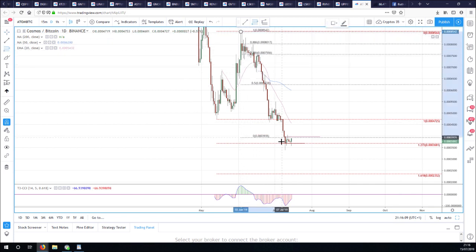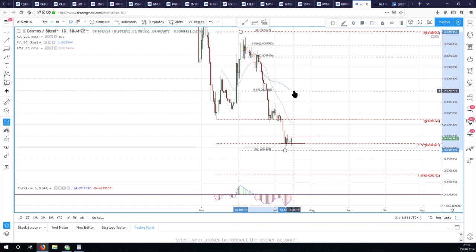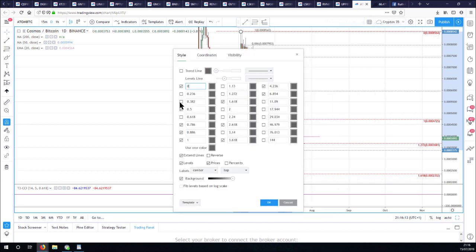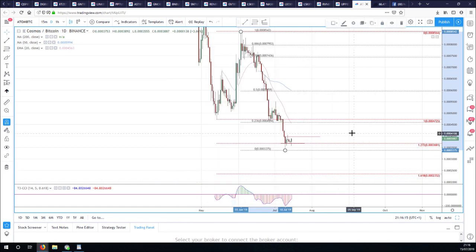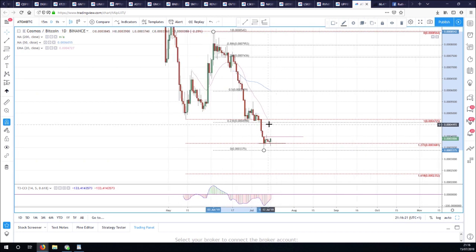And then I'm going to put my fib, 23.6 fib. It should be close to there. Maybe it's there, it's a little bit lower. Let's say 4595 and the 20 moving average. 4595 is your first upside resistance. Above there, our next target is going to be 5965 and the daily 20 moving average.